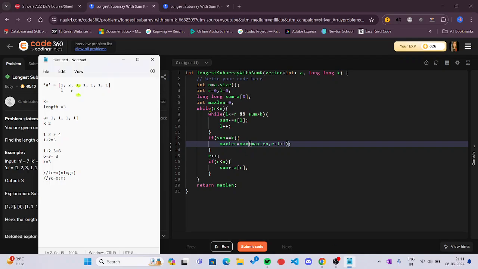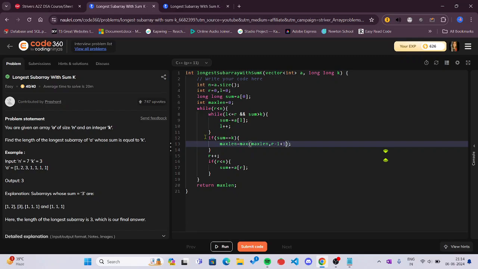And then we have, while left is less than or equal to R but sum is more than k, at that time what we will do is subtract, we will erase, and left will be moving. See, right will start from here and left will be here, and what will happen is that,